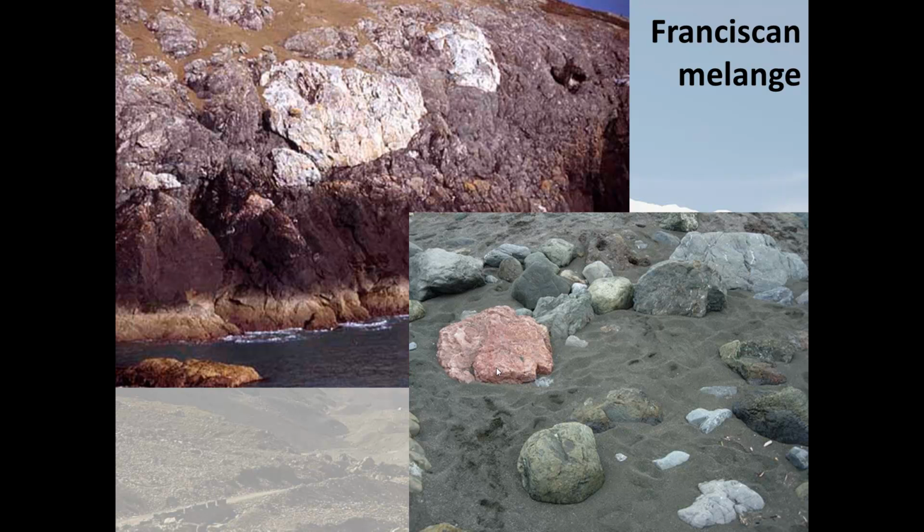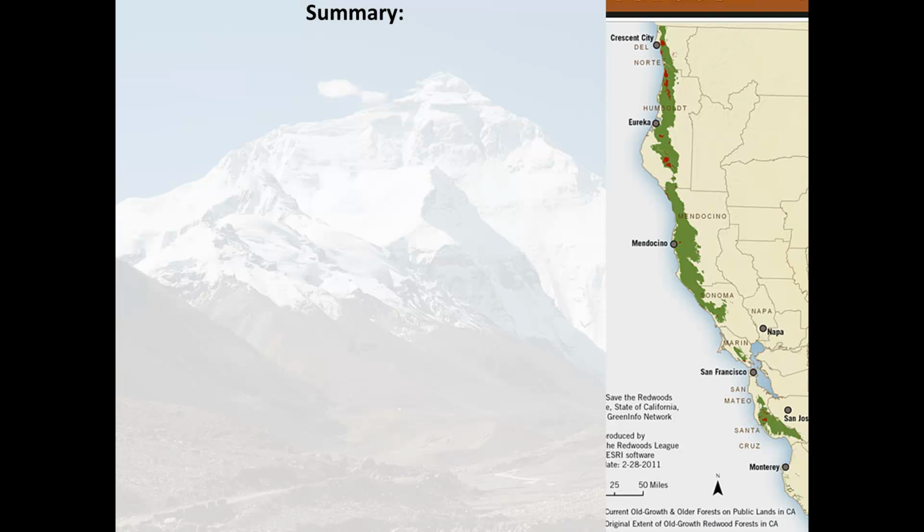One of the things it gives us is absolutely beautiful beaches and rivers because all these different rocks have been eroded from the Franciscan melange and transported south. So here they are. I did want to say something about this green rock. It's called serpentine, and I'm not going to say much about it in this lecture, but if you want a good read about a certain kind of rock that's in our area, read about serpentine. It's serpent as in snakeskin, snake, and it's fascinating, but I'm not going to say more about it now.